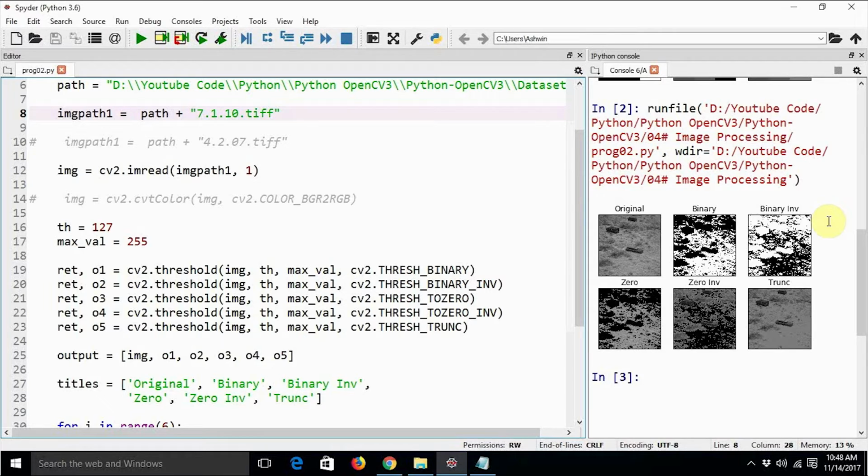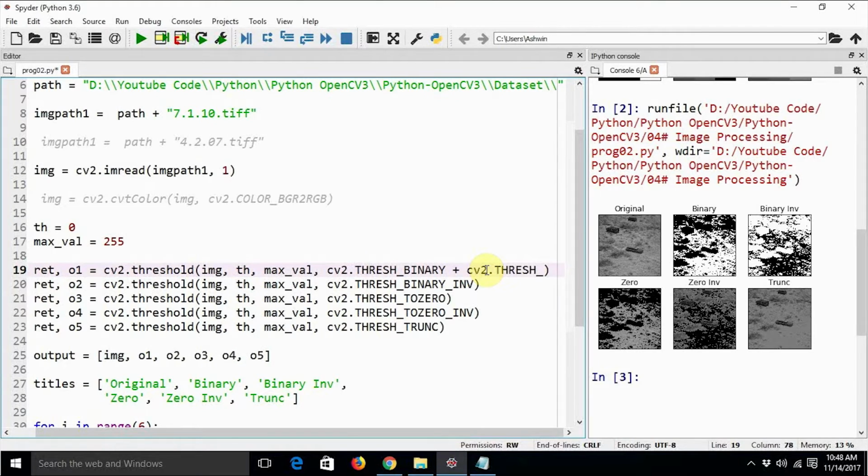So we can just go ahead and use Otsu's binary thresholding method. Whenever we use Otsu's binary thresholding method, we just need to set the threshold equal to 0, and we just need to add that flag, that is cv2.THRESH_OTSU.